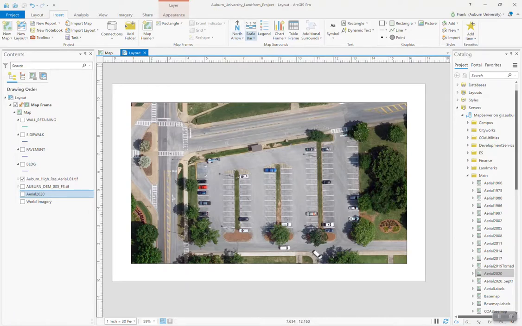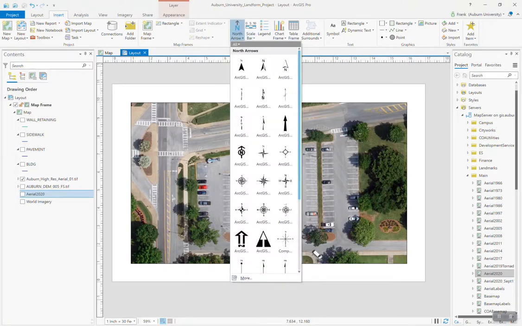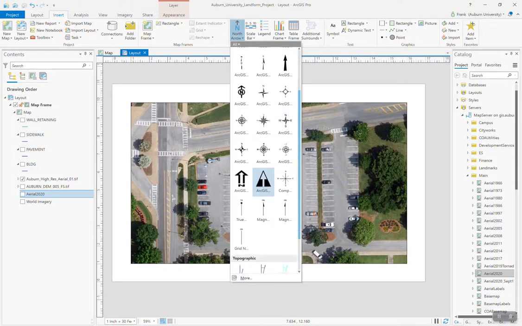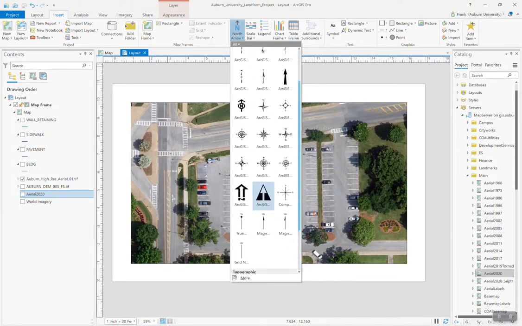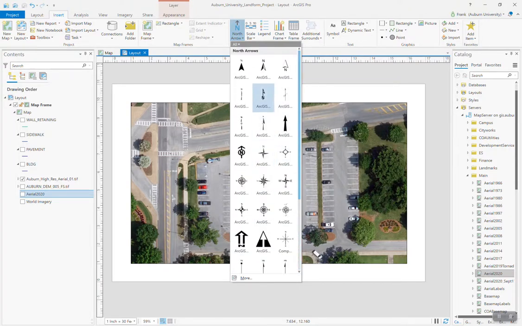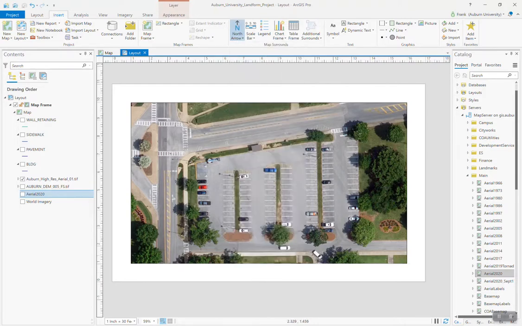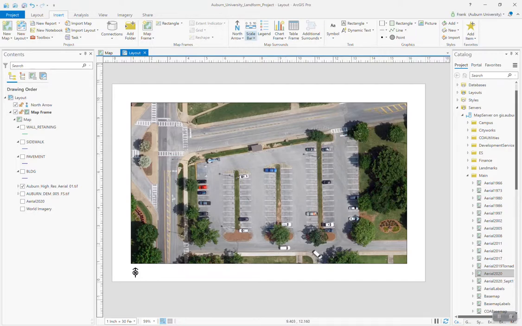You can add a north arrow and a scale bar. So first, add a north arrow. Click on north arrow here, and you'll see there's a bunch of different arrow types in ArcGIS. I recommend using this one right here. It says ArcGIS North 10. It's a fairly simple graphic, but I think it's the least complicated. So just put a little north arrow to the bottom left side of your map,